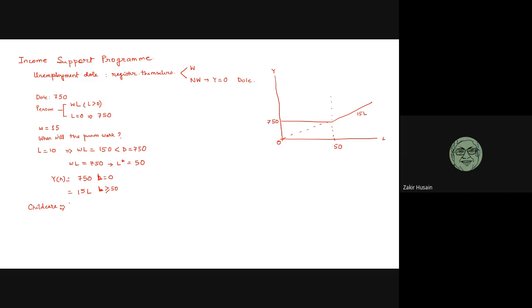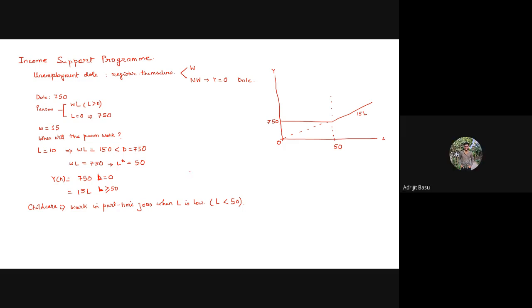Both of them are very young. Will she be willing to work for more than 50 hours? No, sir, that's not possible for her. That will be tough. She will be prepared to work in part-time jobs when L is low, possibly L is less than 50. But if you give her the unemployment dole of 750, what will she do? She will simply stay at home and take care of the children, stay at home, earn 750.